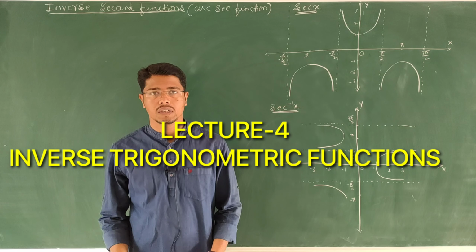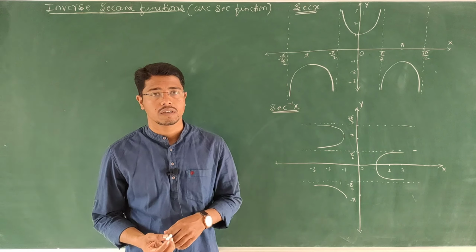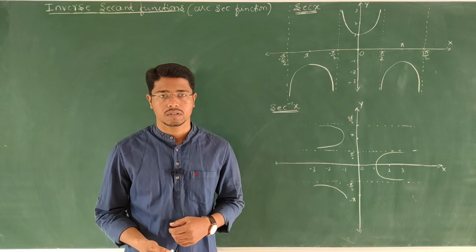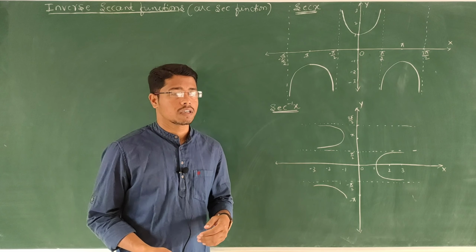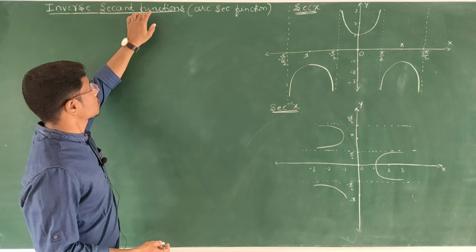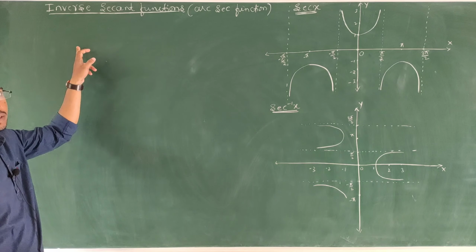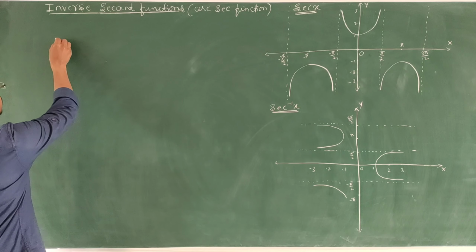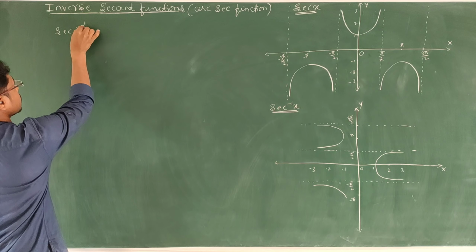So let us continue inverse trigonometric functions. Okay, so let us see the fourth function, the inverse secant function, or arc sec function as we may also call it. As we know about the secant function, sec is a function with domain